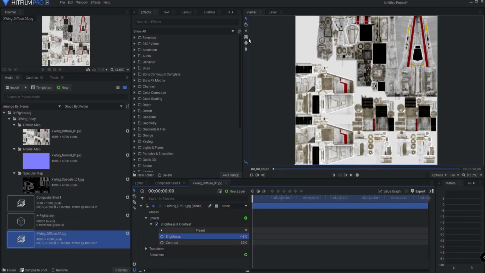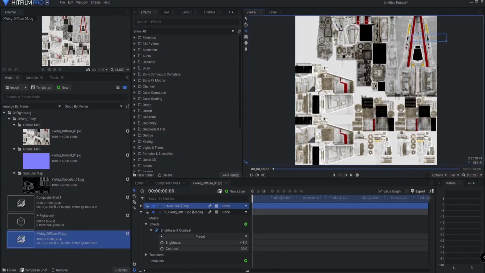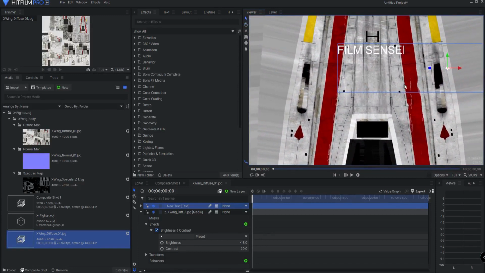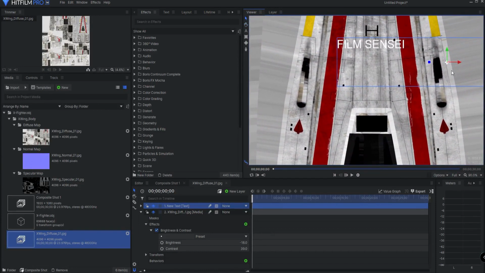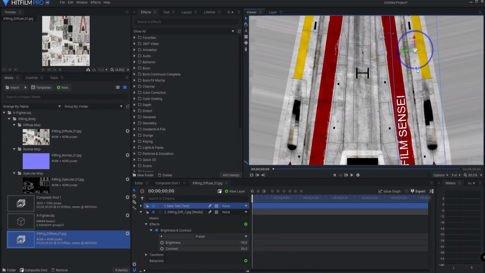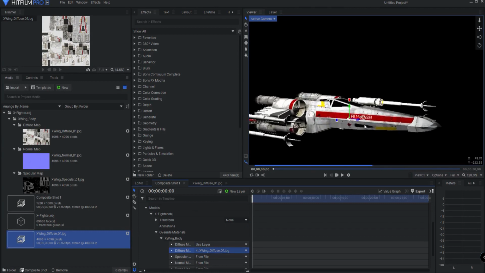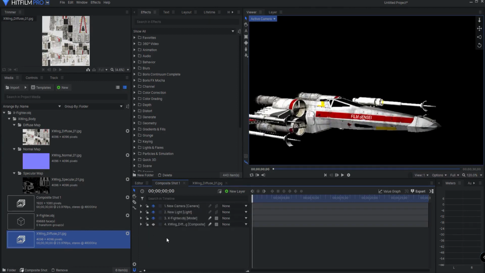If I maybe decide, hey, I think I want to add something else. Let's just add this. Let me zoom in on this a little bit here. And let me just place this over here. Hold on. Let me just rotate it. And let me do this real quickly. Just setting it like that. Now when I come back to my main shot, all of a sudden it is there on the model itself,